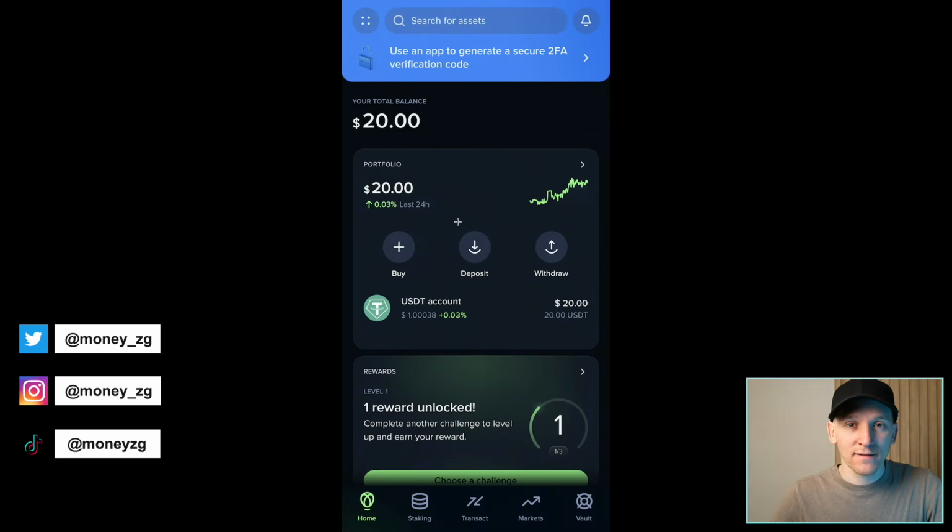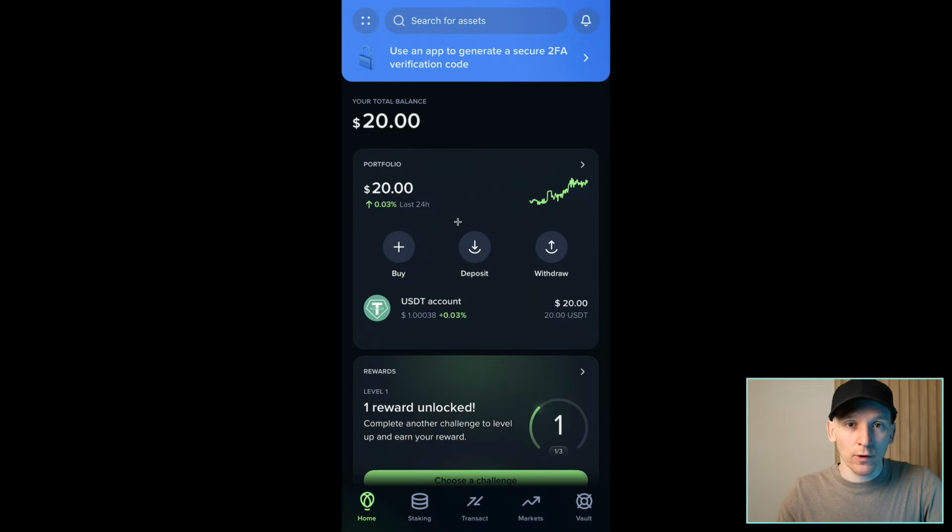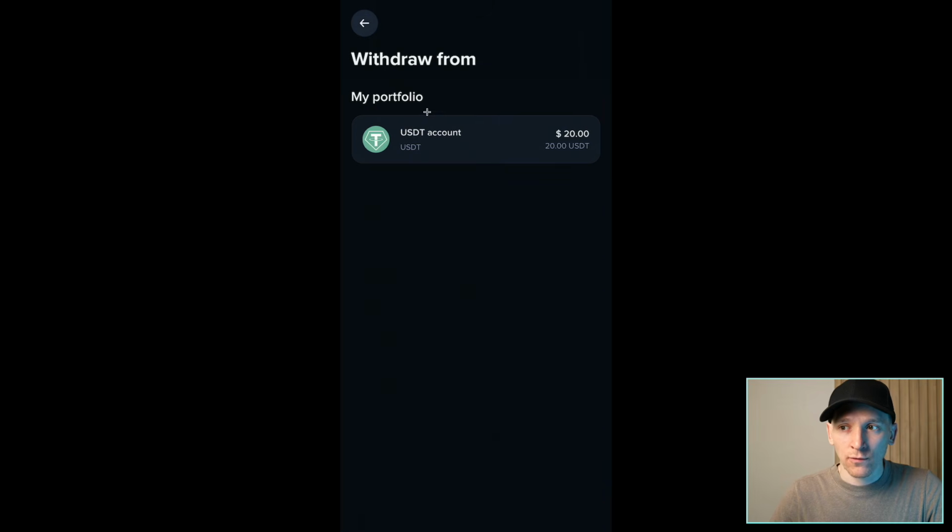In this video, I'll show you how to withdraw crypto from your Uphold account and send it over a blockchain to any other wallet or exchange. So in your Uphold account, in your app, just press withdraw right here. I can't record the Uphold app live. It blocks me from doing that. So these are screenshots. Press withdraw in your app, and then it's going to take you through to your portfolio